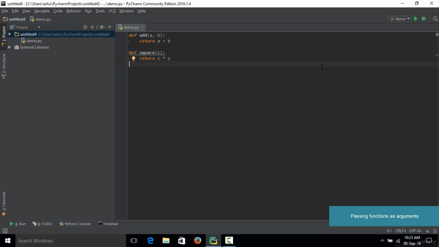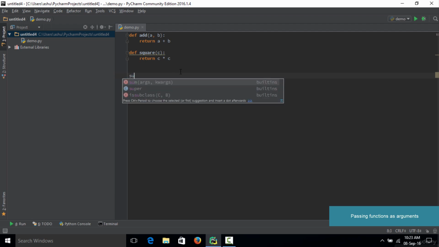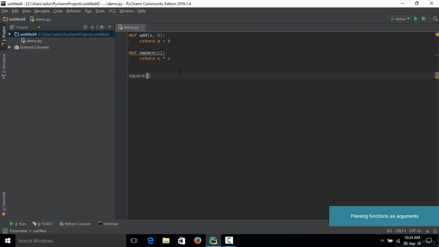So once we have these two functions with us, we are pretty much done. Now the next thing which we are going to do is learn how we could pass in one function as an argument to another. So what we are going to do here is first call the add function, and we are going to pass the add function to the square function. So initially we will type in square, and to this square function we need to pass in the value, and the value which we are going to